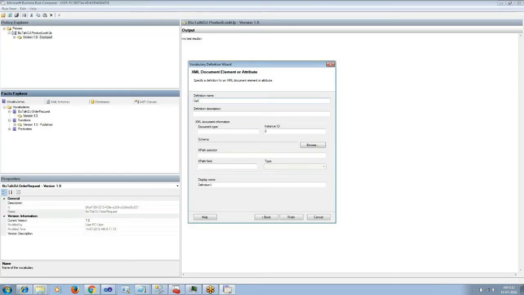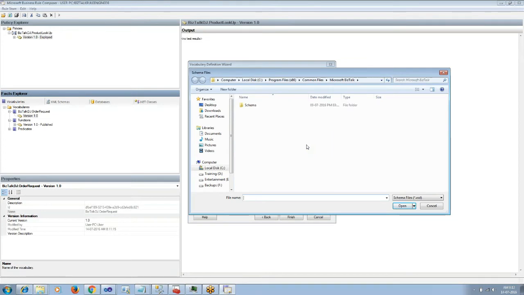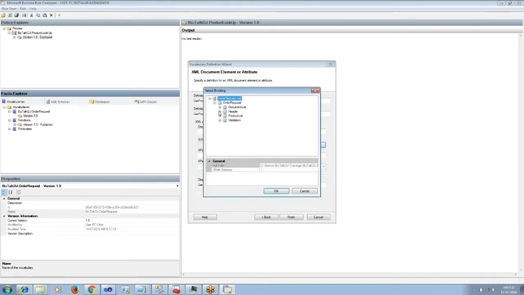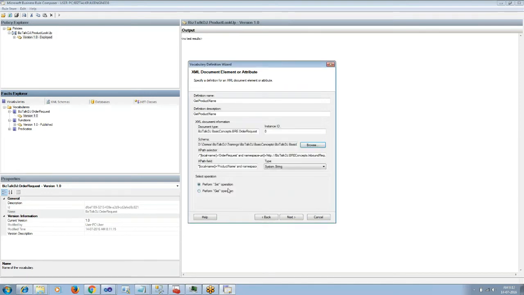For our rule we have used product name and product code. Product name we are reading, so we will do a get, and for product code we are setting the value, so we will do a set for that. We can change the data type.